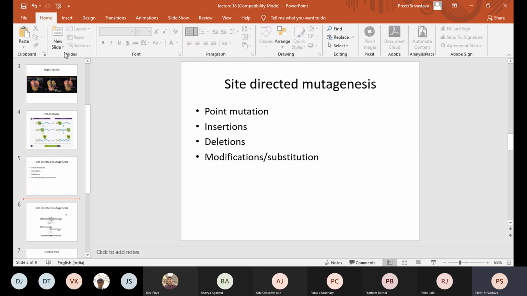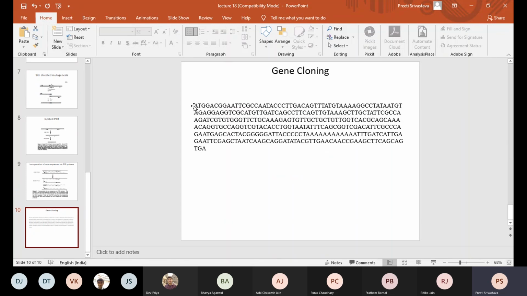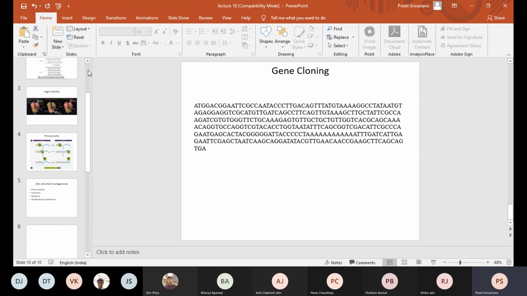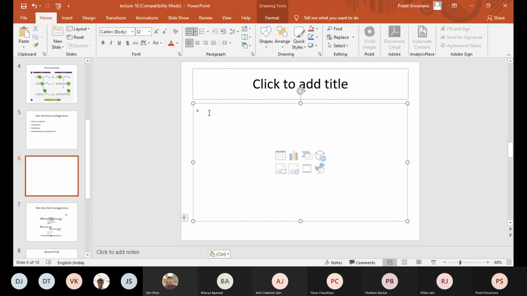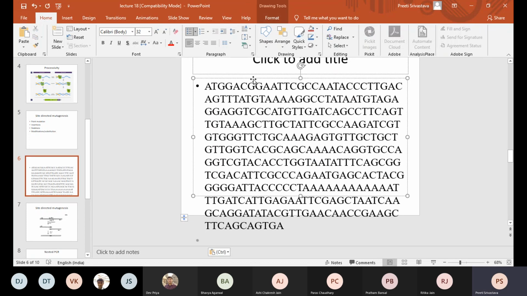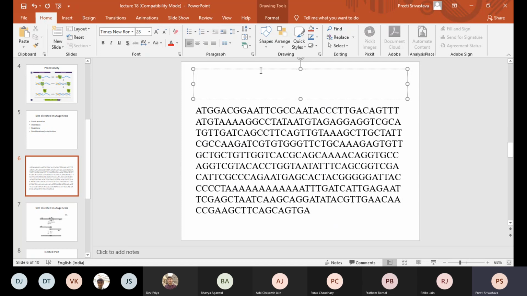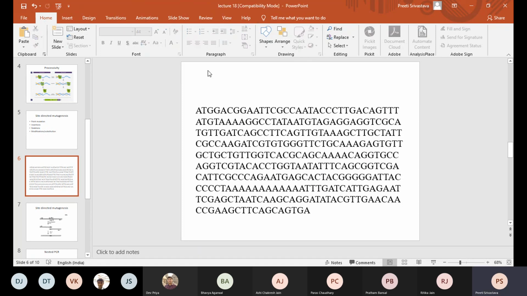Since the class has learned designing PCR primers, I will paste a sequence, and then I would suggest you to actually design the primer, and we will go from there. So let's say, class, this is the sequence, and you need to design forward and reverse primers for this.